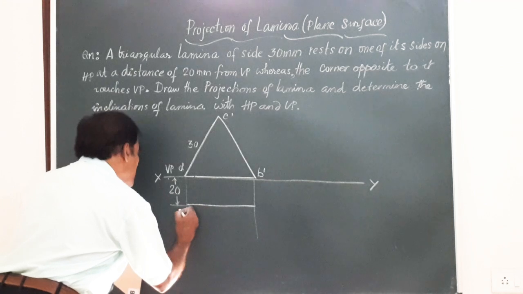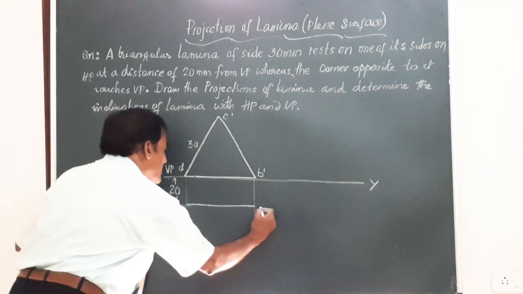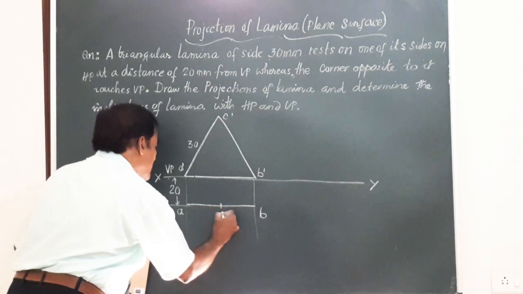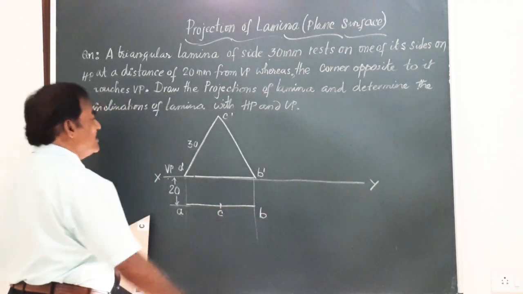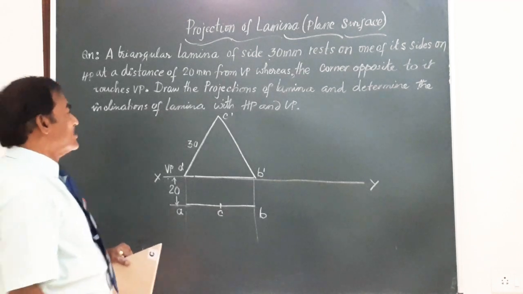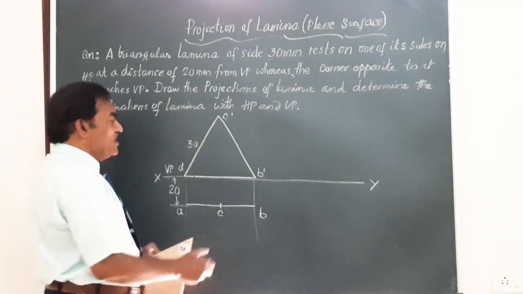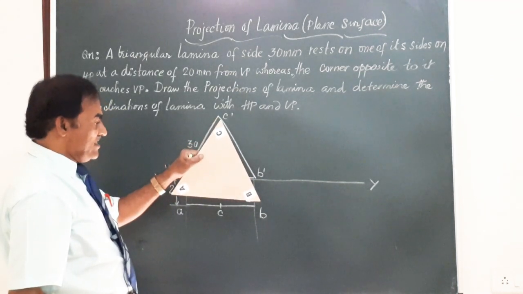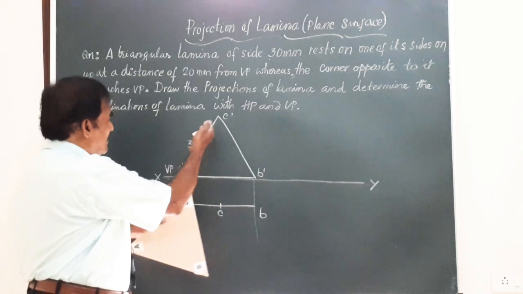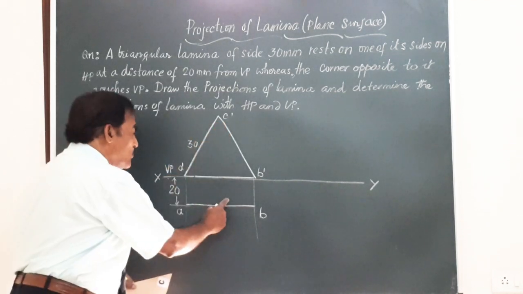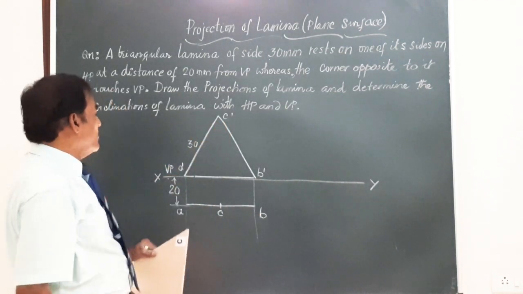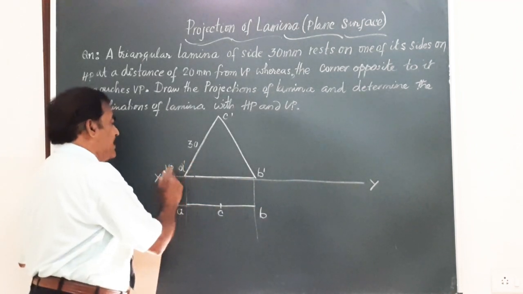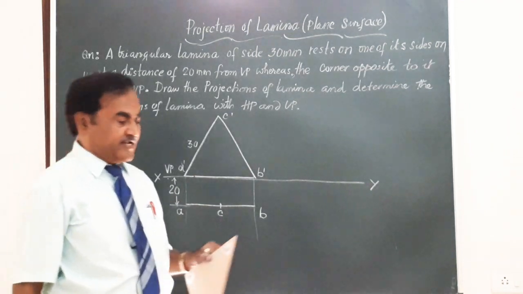So, friends, this is your A, the top view end; this is the top view end B, and exactly in the center you are going to find this C. So this is how the lamina looks in the front and top views when it is held at a distance of 20 millimeter from the wall. Friends, again you can see this as a triangle, and as a line in the top view which I have marked at a distance of 20 millimeter from XY, and this point is our A dash. A dash, B dash, C dash represent the front view of that.